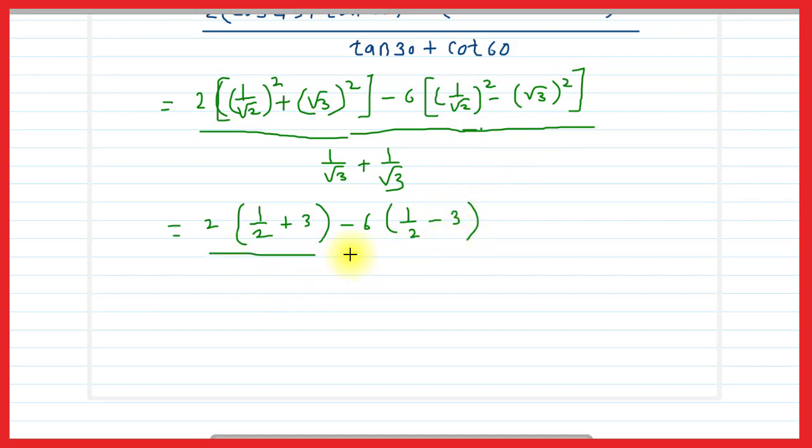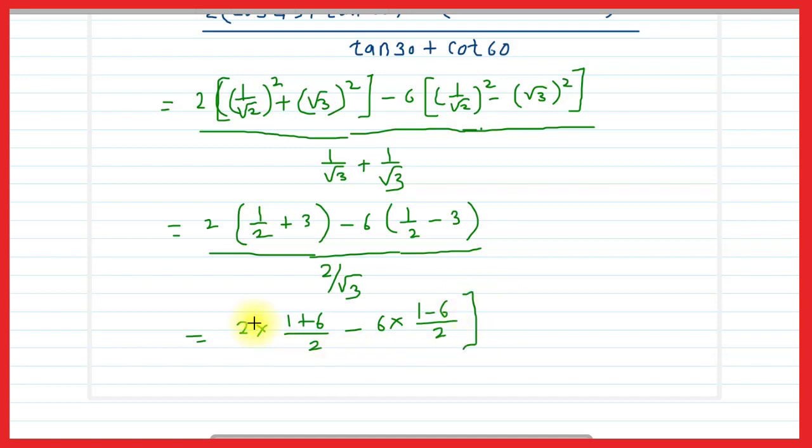So upon this will be 1 upon root 3 plus 1 upon root 3, that is 2 upon root 3. So which is equal to, solve this, so 2 multiplied by LCM will be 2, so it will be 2 3s are 6 plus 1, so it will be 1 plus 6 upon 2 minus this will be 6 multiplied by, again this will be 2 will be the LCM and 2 3s are 6, so 1 minus 6 by 2 and multiplied by